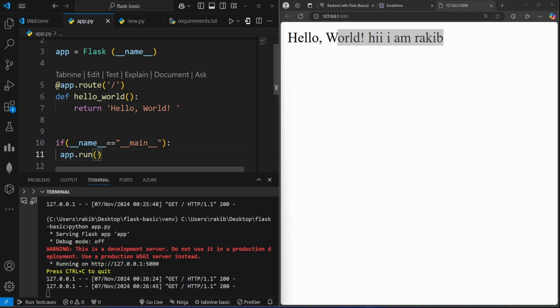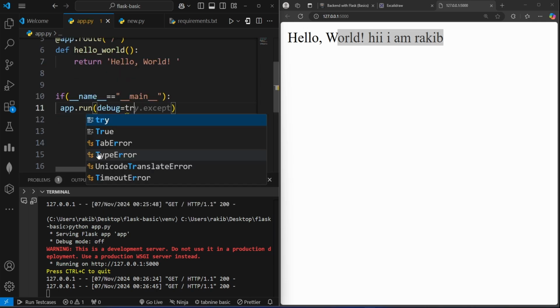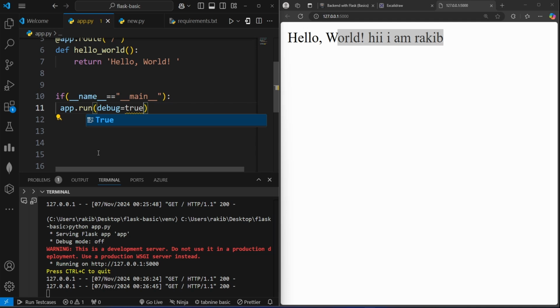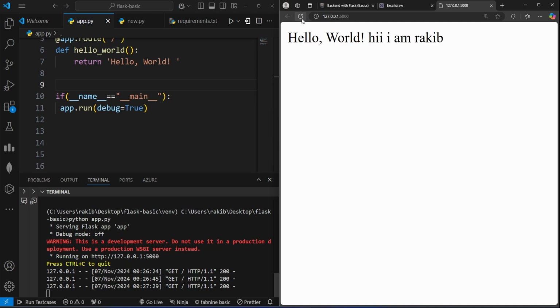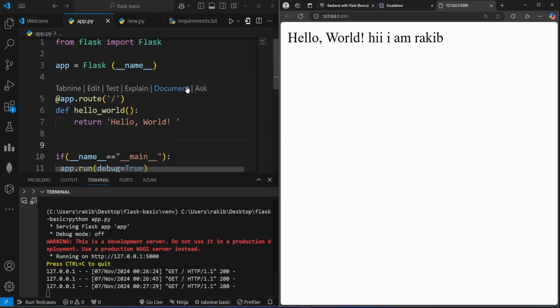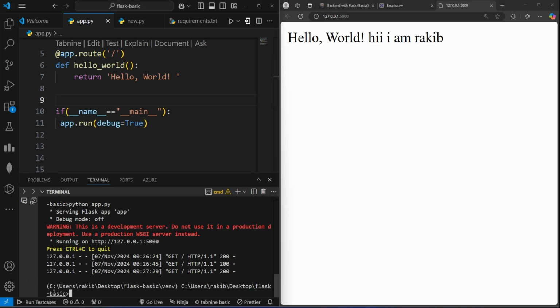To solve this problem, we use this syntax called debug true, with a capital T. So debug true. We just give debug true, and if we just run our server now,